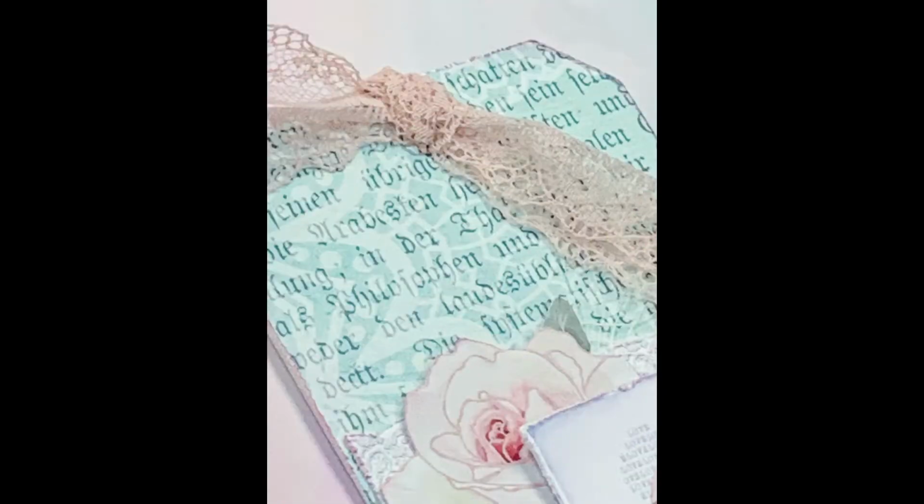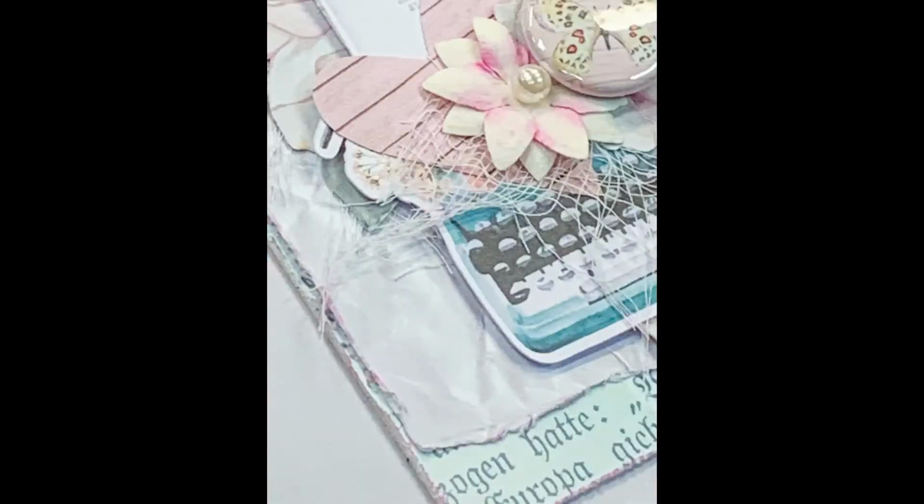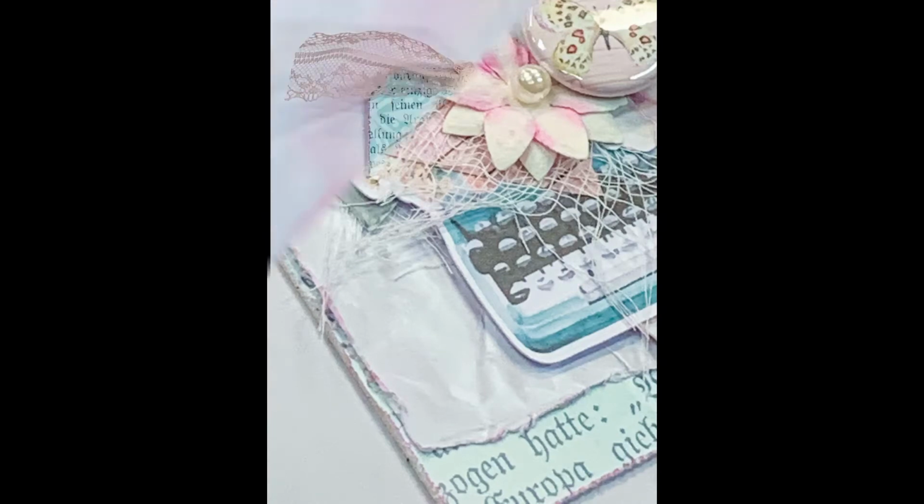Today I am going to teach you how to make this lovely tag with a bit of a shabby chic style using my new pattern paper collection called Springtime Tea Party that I have designed and had manufactured exclusively